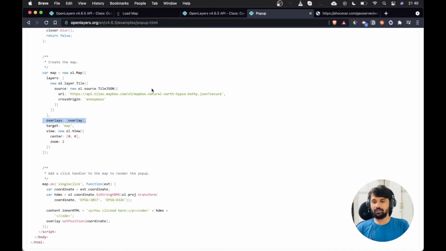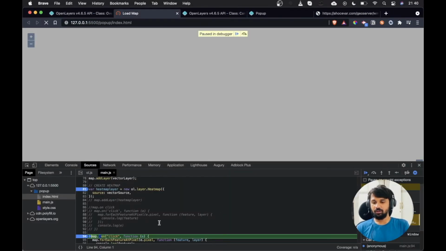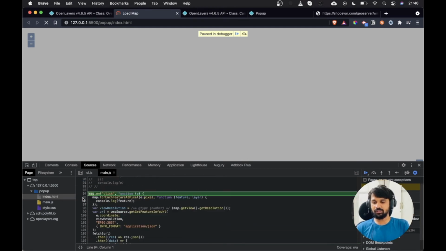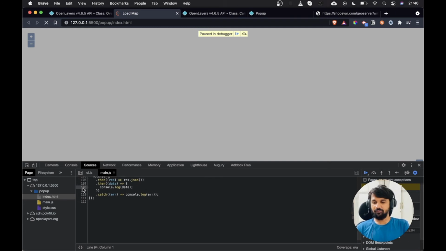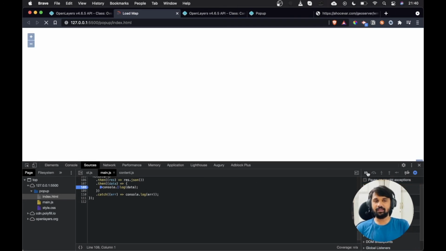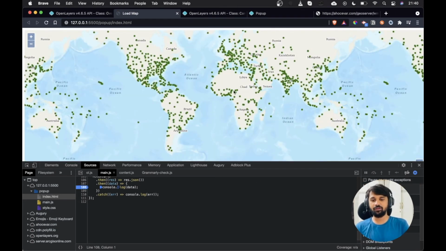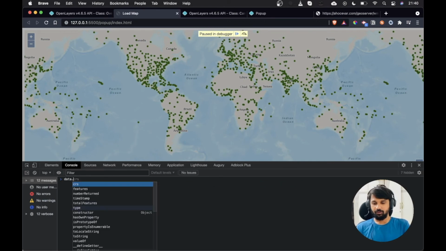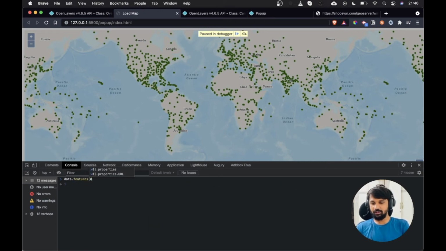If you have a look at the raster data in the debugger, you will notice that we get the raster data in GeoJSON format. That is why we first have to figure out how to get hands on the properties of the clicked feature. If I click here, I get inside the data, then features, and then the first feature, and then properties.